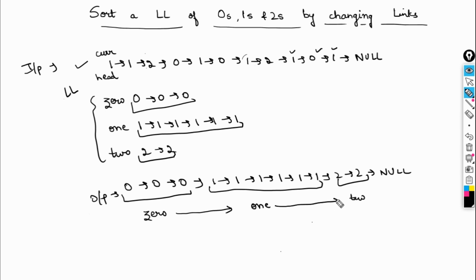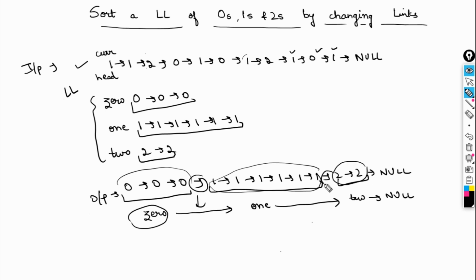it to 1 and this to 2 and then 2 to null, I think we'll be done, because 0 contains this part, this whole part is contained inside 0, this part is contained inside 1, and this part is contained inside 2, right? And we have attached them, right, like this, and then 2 is attached to null. So we just need to do these things, right?